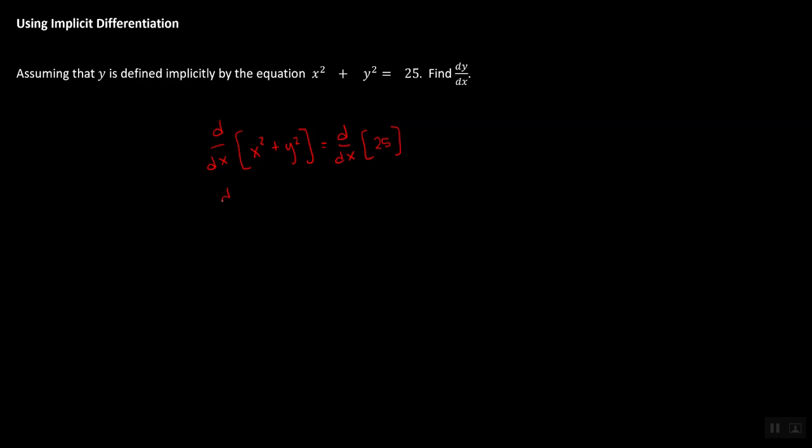On the left side, we're actually taking two derivatives. One derivative of x squared, another derivative of y squared. On the right side of the equation, we're looking at the derivative of a constant, so we know that's equal to 0. The derivative of x squared just becomes 2x, but this middle term, the derivative of y squared, requires the chain rule,